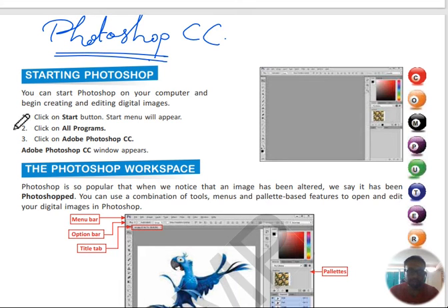How to start it? It is started by clicking on the start button, then clicking on all programs, and then Adobe Photoshop CC. That is how it will be opened.